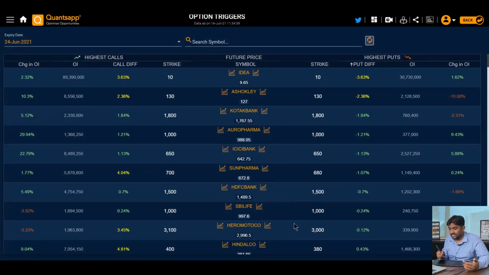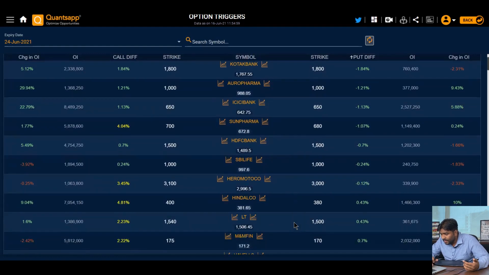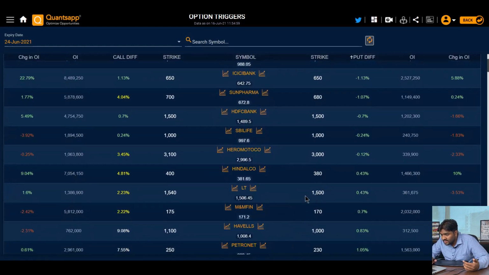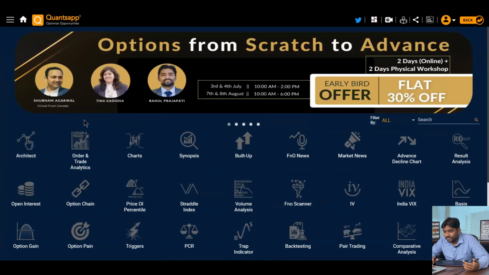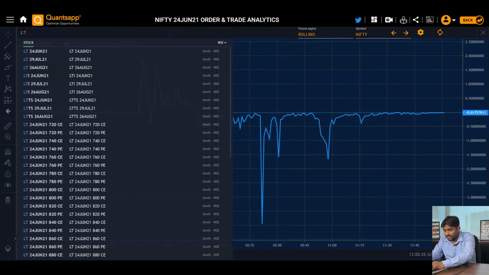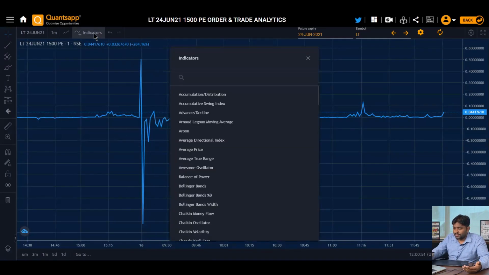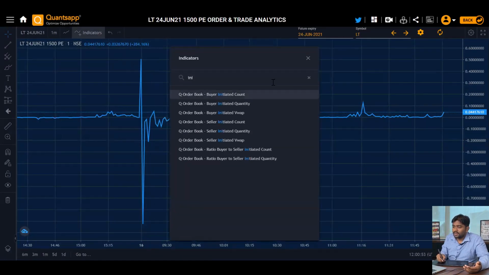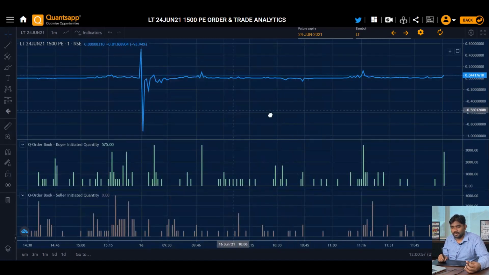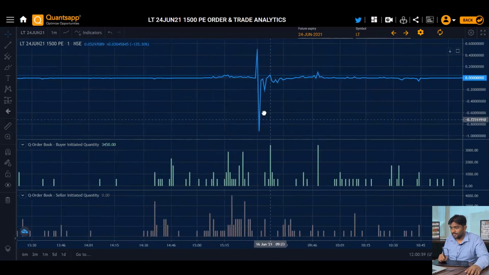Probably, if you can see, let me see. L&T is very near to the strike price, 1500. So it is also showing. So L&T 1500 put option we can see. Even in put we are also looking for the same thing, right? Even when we are looking for the put option, we are doing this from that perspective only.